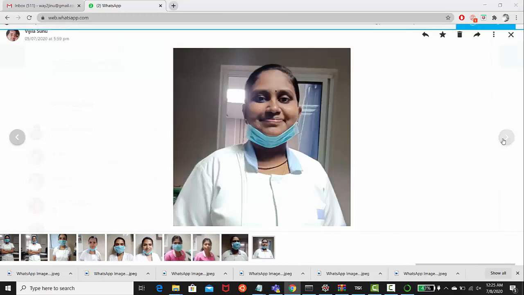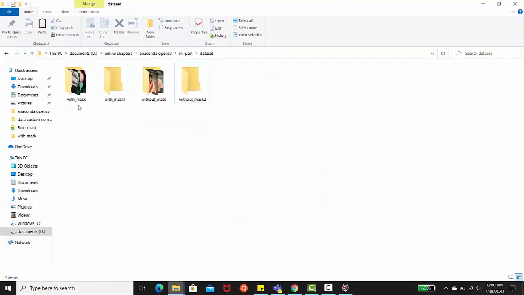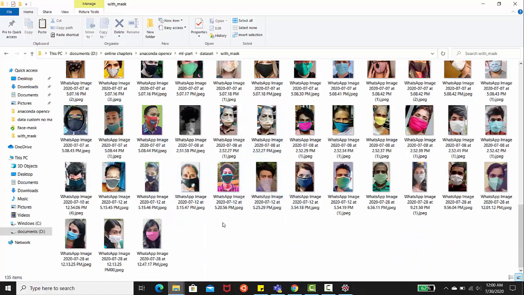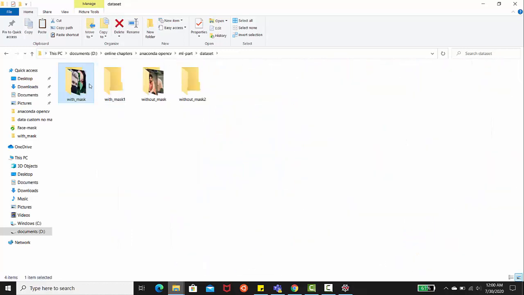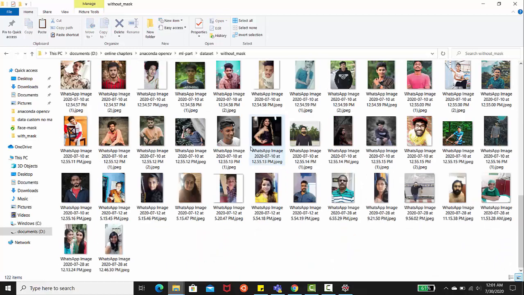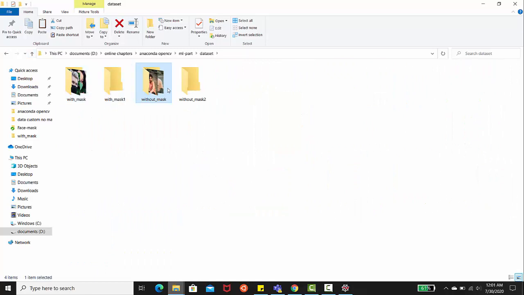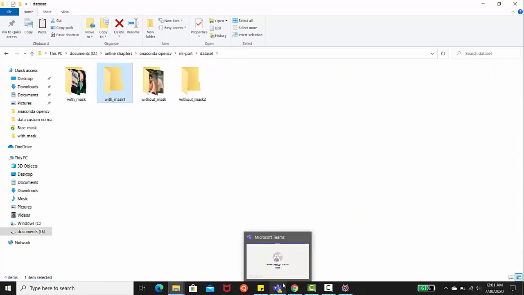My friends, after all downloads, I got two folders, with mask and without mask. You can see all names are coming like WhatsApp image because I downloaded from WhatsApp. So I feel like I need to change the names to image 001, 002 like that. For that I have a special script which you can run. It's available in my GitHub also.